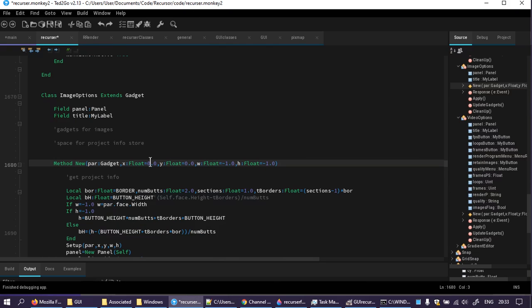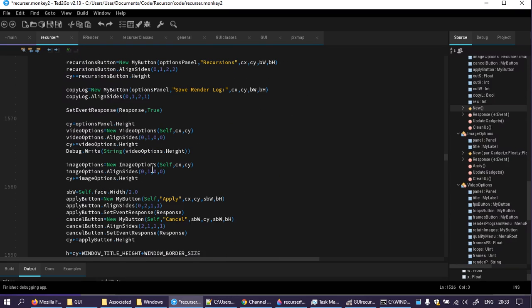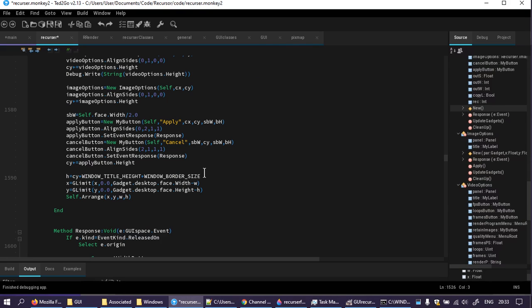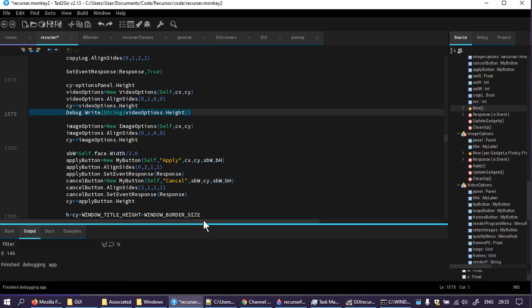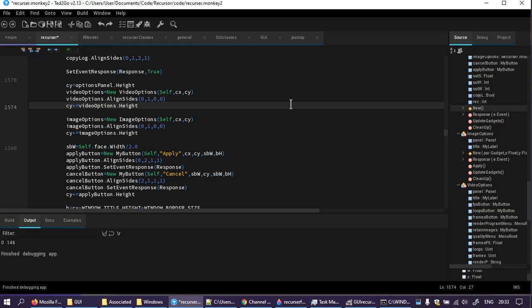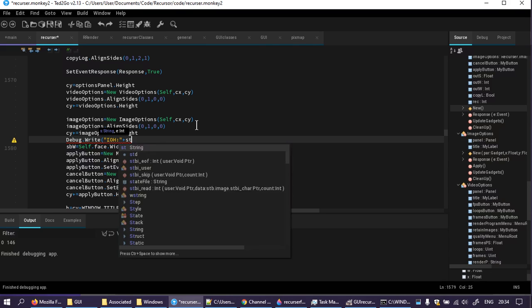Why that doesn't solve that, maybe just about solves the video options box button size, but it doesn't solve the problem of where on earth the bottom of that is. I don't know what that came out to be. Guess it came out to be about right. Video options height, I guess, is coming out completely insane. I will just write it. I will debug write IOH because I'm so lazy, plus string of